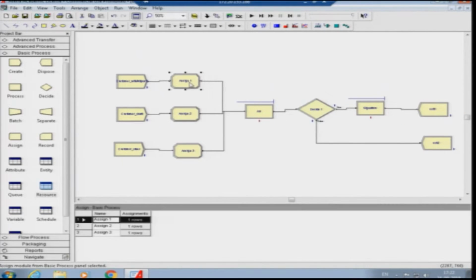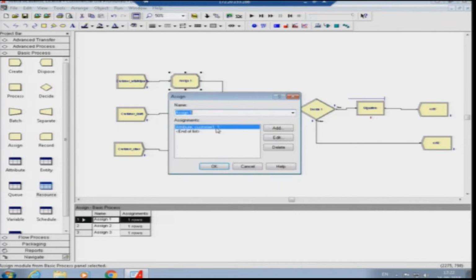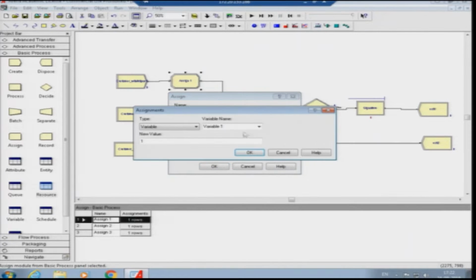Now, in the assign node we will put another attribute in each of the customers with the same attribute name, say for example operation, and we put the value as normal 5,1.